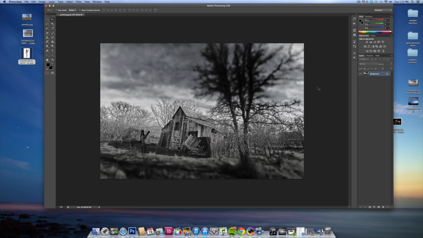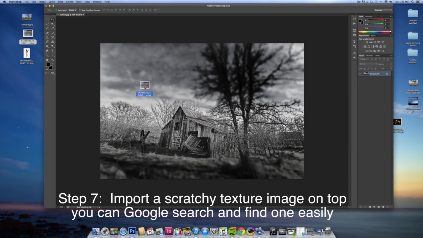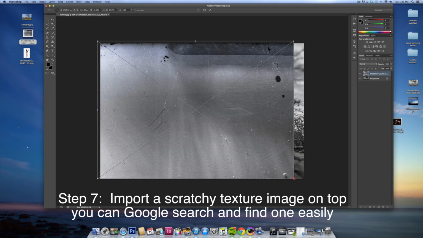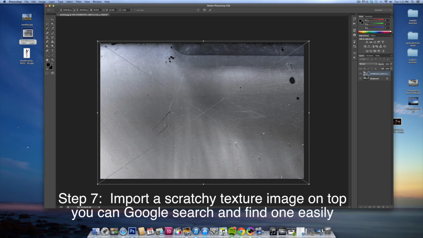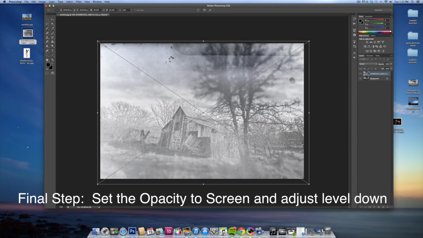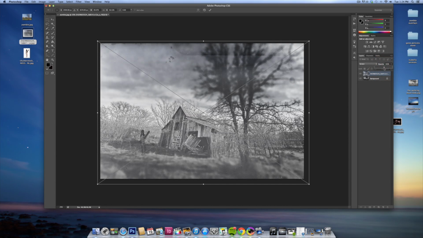I click OK, and the final step, what I want to do is add an overlay, a scratchy window overlay. So I've got one that I again got off the internet. I just did a Google search and got scratchy overlay. I again just plop it right on top of that picture, and now you can see I've got this almost scratched glass look. That's obviously too heavy, so what I want to do is use the screen tool. So I take the screen tool, and now you can see I've got that screened right over the picture. I'm going to wind down the opacity just a little bit there so I can get more of the picture,